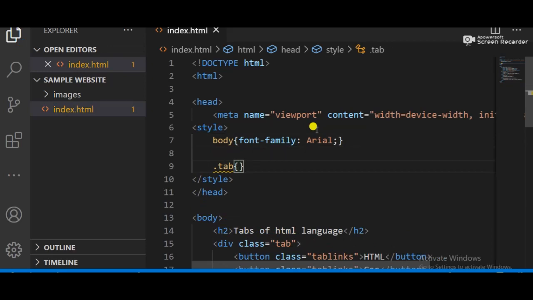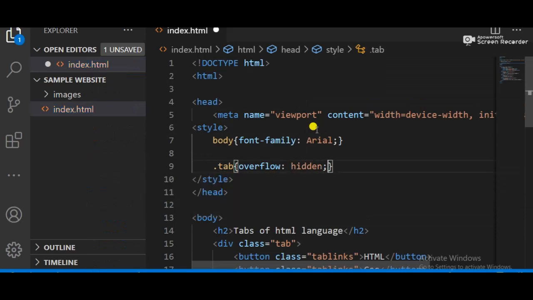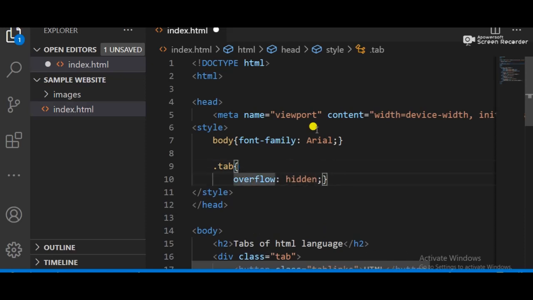So this is the overflow property. Overflow should be hidden, nothing to show. And border, I think, so we need formatting like this, so that basically it looks like a pool.